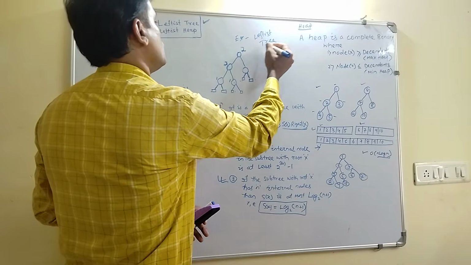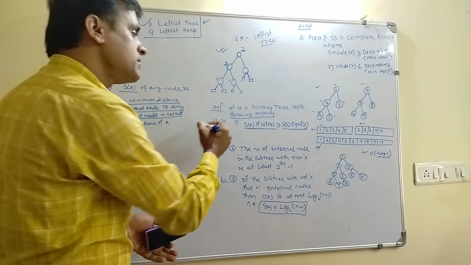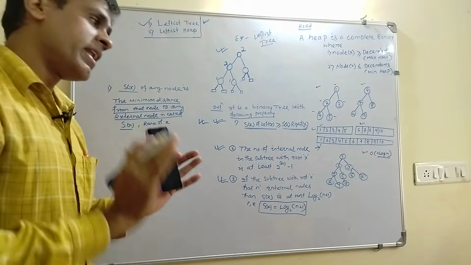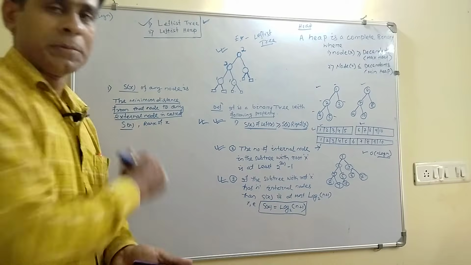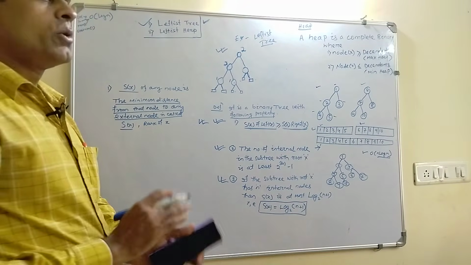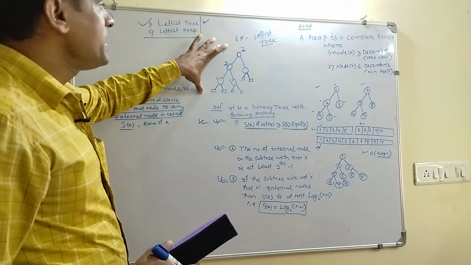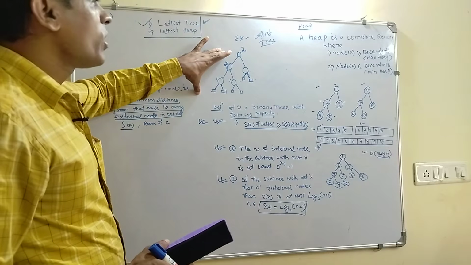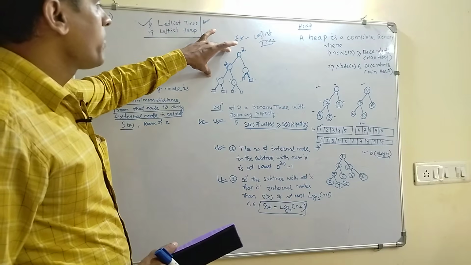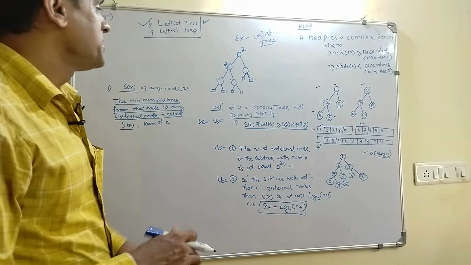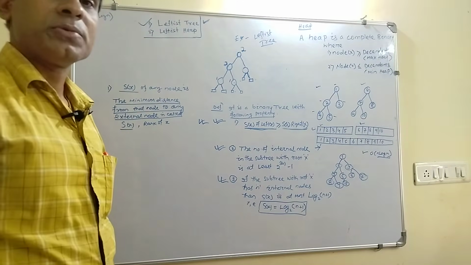Leftiest tree. So this is the basic fundamental regarding leftiest tree, and these are the properties of the leftiest tree. Now we will consider what is actually a leftiest heap. The basic difference between a tree and a heap is that a leftiest tree may or may not be a complete binary tree, but its left child Sx value should be greater than the right child Sx value. That is the basic principle.